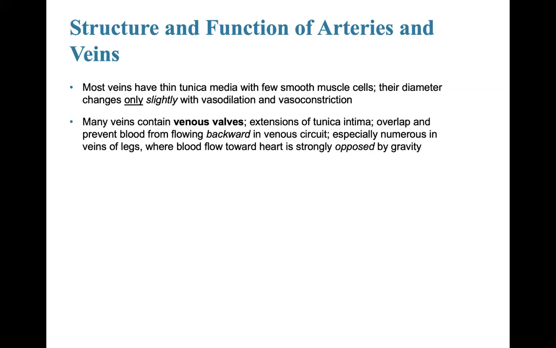Most veins will have a thin tunica media with few smooth muscle cells. Their diameter changes only slightly with vasodilation and vasoconstriction. Many veins will contain venous valves. These are extensions of the tunica intima, which will overlap and prevent blood from flowing backward in the venous circuit. This is especially numerous in the veins of the legs, where blood flow towards the heart is strongly opposed